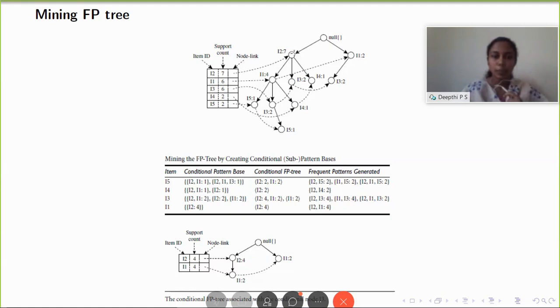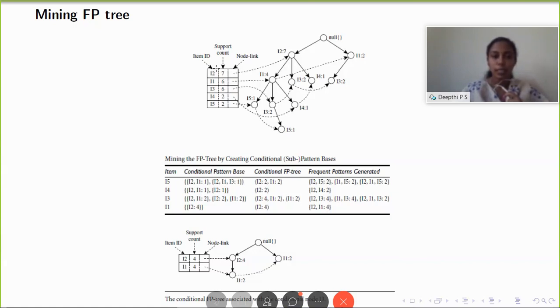But in this path, you have a node I2 here, then I4. So I2 can be added to the conditional pattern base. And the support count of I1 is 4 that you have to record here. Now, this can be retained as such because it is above the minimum support count of 2. Now, take join of these sets I2, I1, the support count is 4.